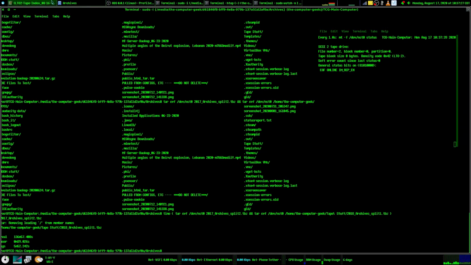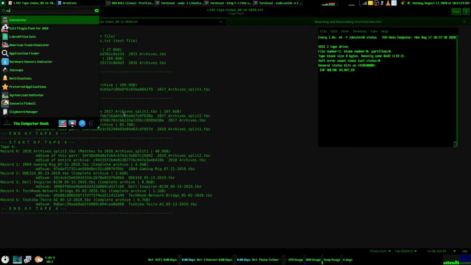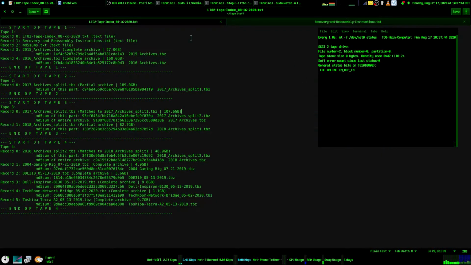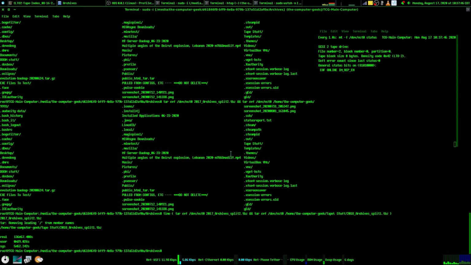If we look at our tape index, tape 3: 107.6 plus 82.7 is 190.3 gigabytes. So yes, we are within that 10 gig safety barrier, so I am going to manually command a